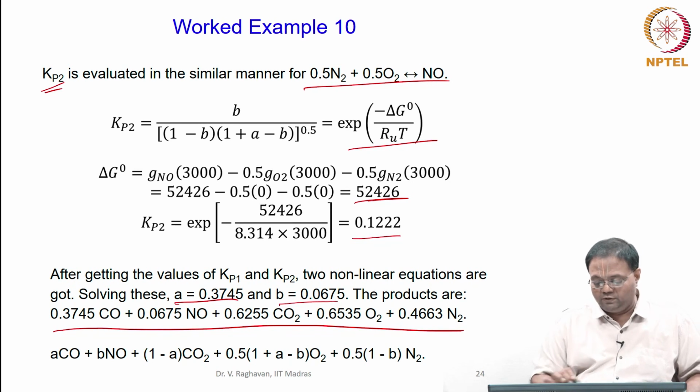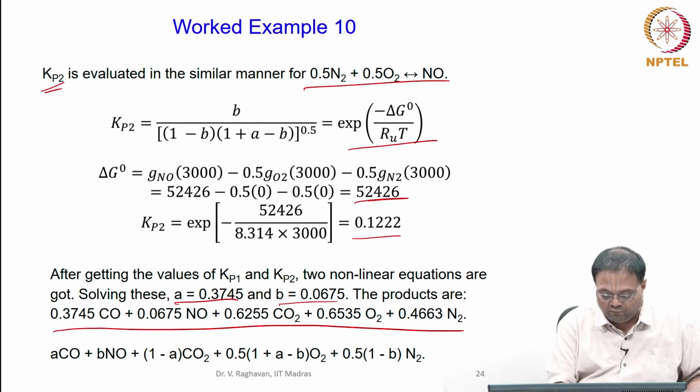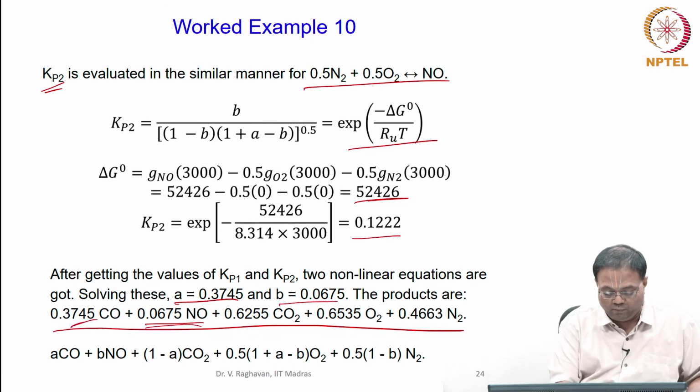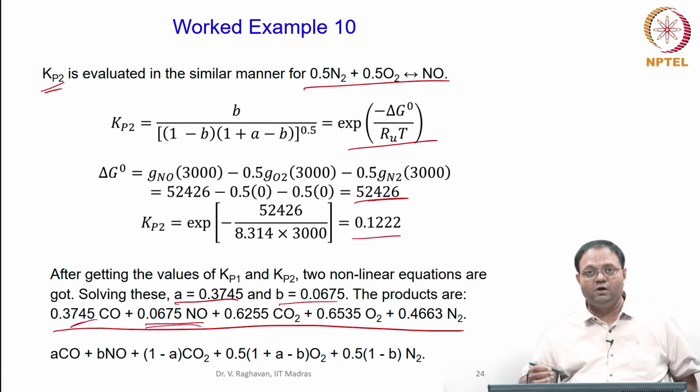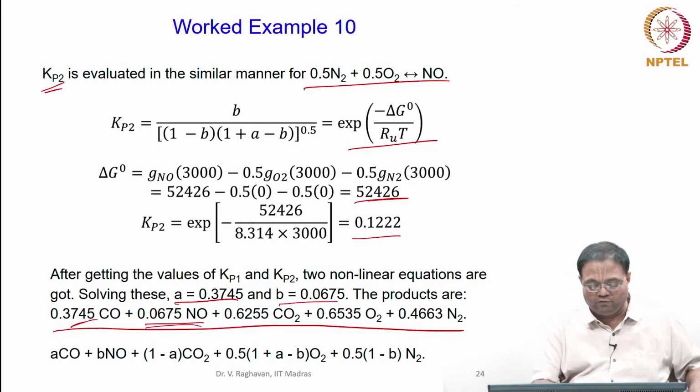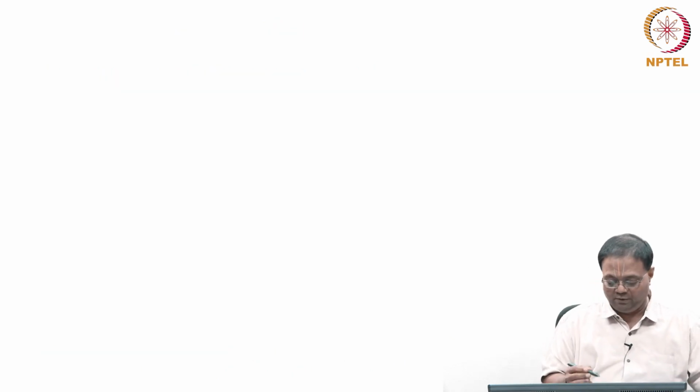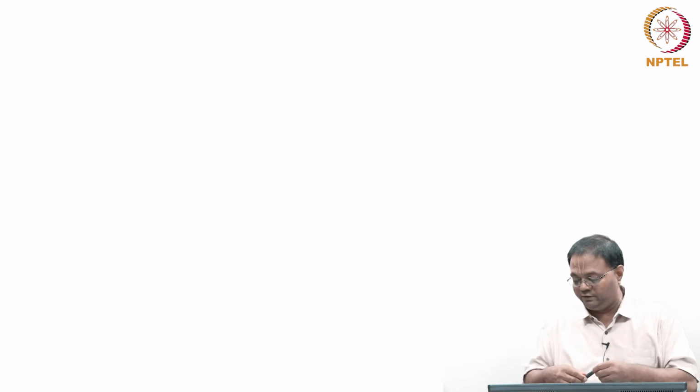Okay. So this is the equilibrium composition. You can see some amount of NO is formed here, and a good amount of CO is also formed at very high temperatures. So at very high temperatures we cannot avoid formation of NO, etc. Okay. So corresponding to this equation I have given this. Okay. So this finishes the worked examples part 2. So we will continue with the next topic.